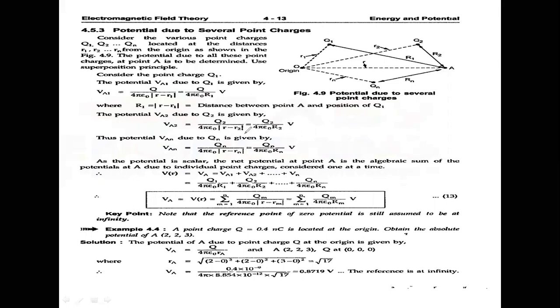The total: R minus R2, R minus R3, and so on, R minus Rn. So VA is equal to the sum from m equal to 1 to n of Qm. When m is equal to 1, Q1 by 4 pi epsilon naught into R minus R1. When m is equal to 2, Q2 by 4 pi epsilon naught into R minus R2, and so on. Okay, my dear students, the potential due to the several point charges, V is equal